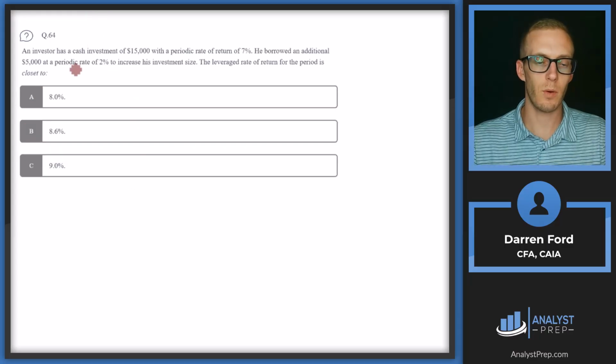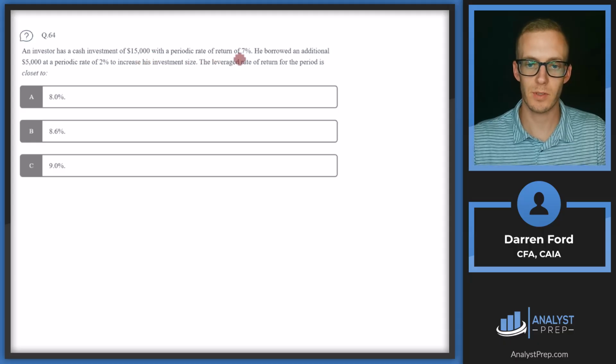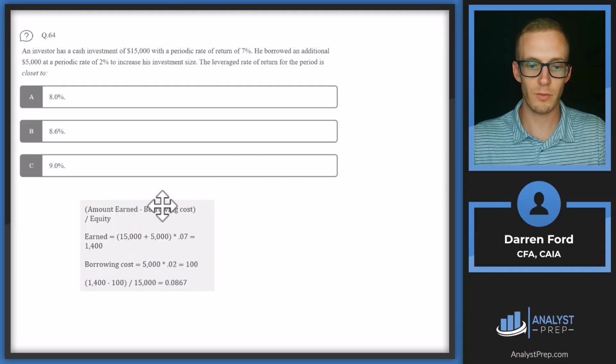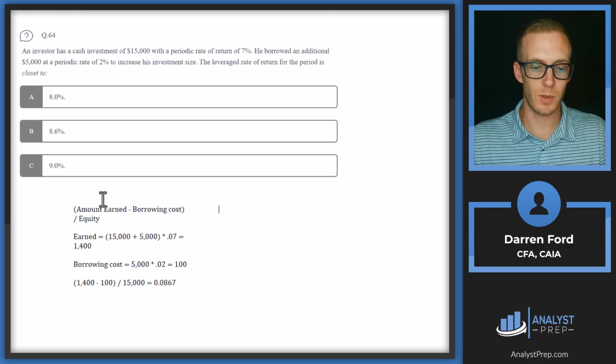Answer B. Question 64. An investor has a cash investment of $15,000 with a periodic rate of return of 7%. He borrowed an additional $5,000 at a periodic rate of 2% to increase his investment size. The leveraged rate of return for the period is closest to. So let's pull in the formula we're going to use. It's the amount earned minus the borrowing cost, and then we divide that by the equity,